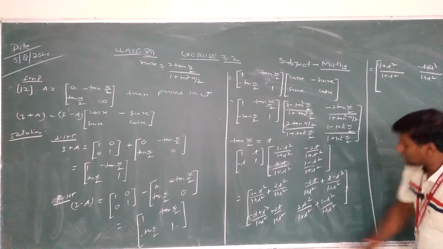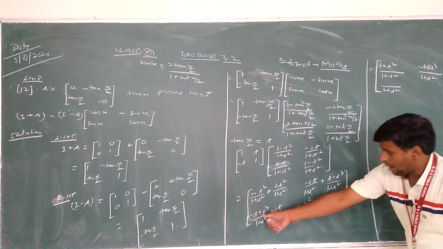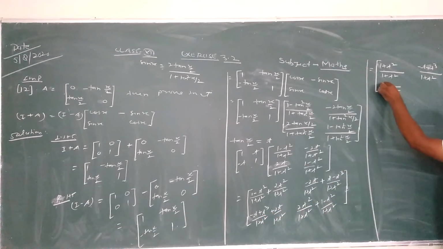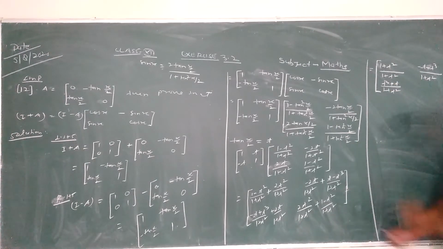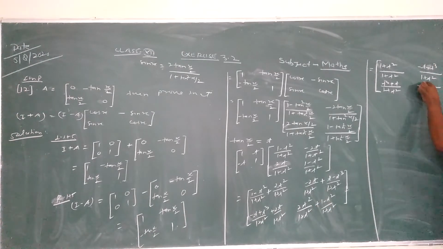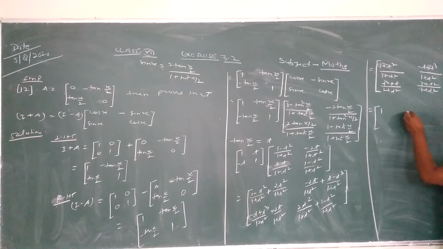Then also we can take in this element 1 plus t square. It is t cube plus 2t plus minus t, that is we get t. In this element we can take LCM 1 plus t square. We get 2t square minus t square, that is 1 plus. This one cancels, this one cancels. So we get 1. We can take minus t common. So 1 plus t square by 1 plus t square.